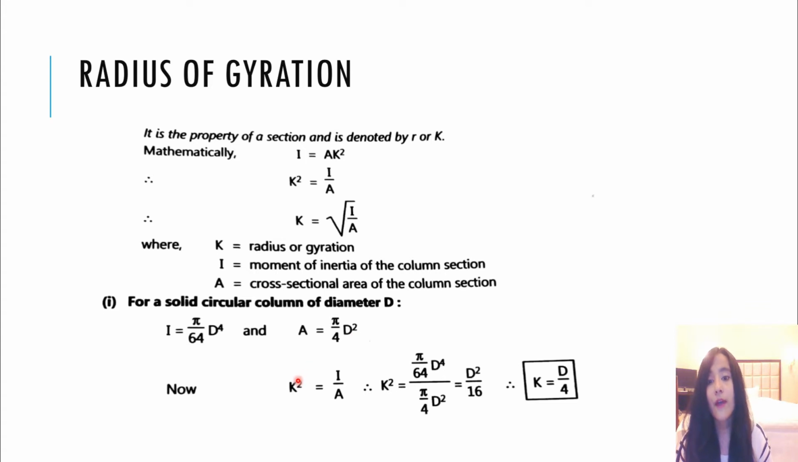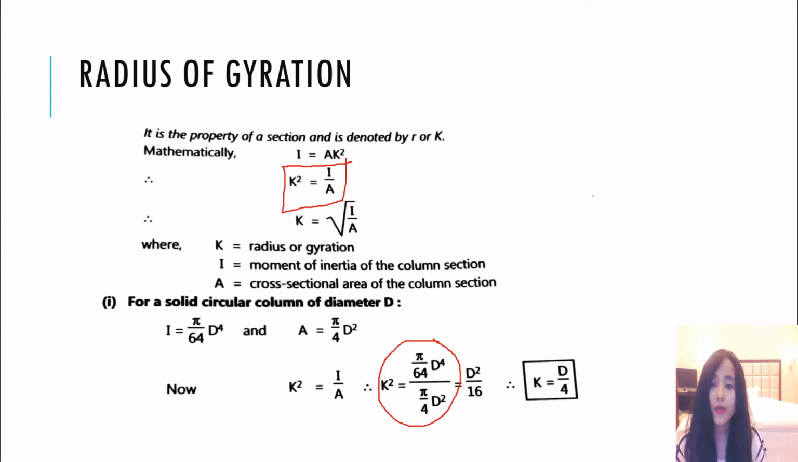Now if you have to find the radius of gyration for a solid circular column of diameter D, अगर आपको solid circular section के radius of gyration find करना है, तो using the relation K square equals I by A, the moment of inertia of this solid circular section will be pi by 64 d raised to power 4. The area of this circular section will be pi by 4 d square. Now putting this in this manner here,